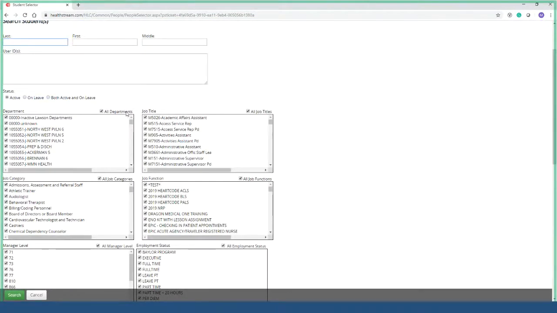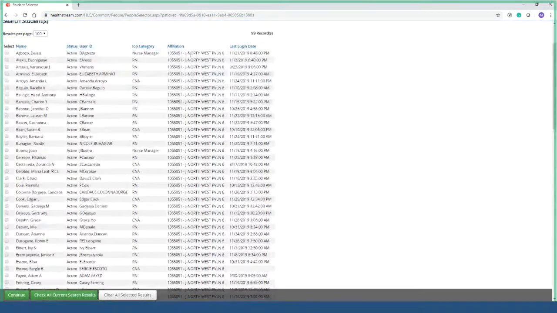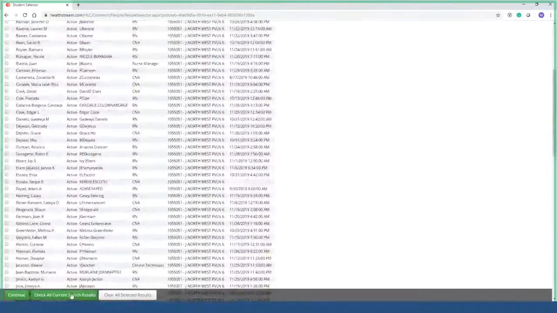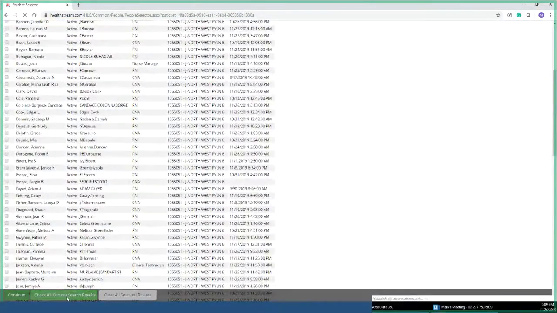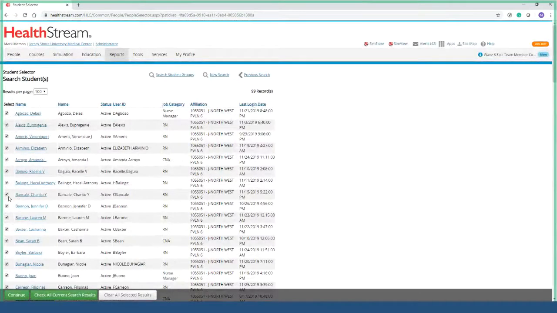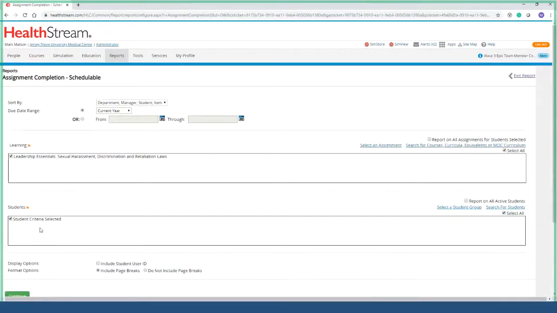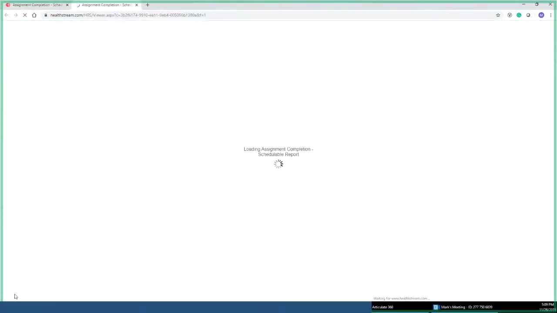So suppose we want to look at only those that are on Northwest 6, we can uncheck all departments and check just Northwest 6. That will then show us all of the team members that are on Northwest 6. We can check all current search results so that everybody is selected. Press continue. You'll now notice that it will come up that student criteria has been selected. So based on the criteria that we just selected, we're going to pull this report. When we click the continue button,